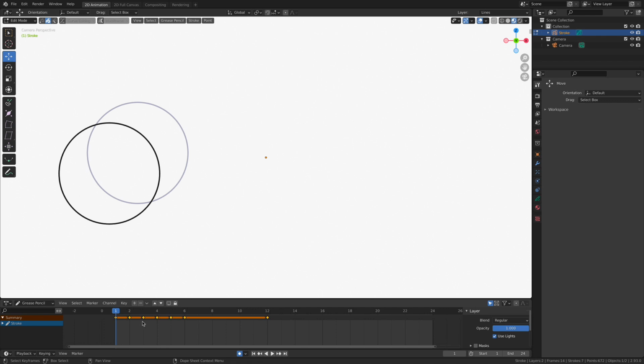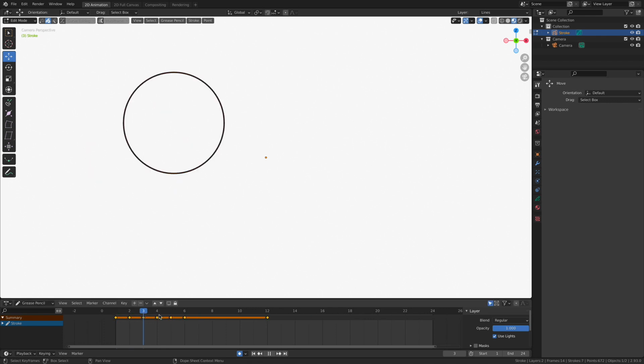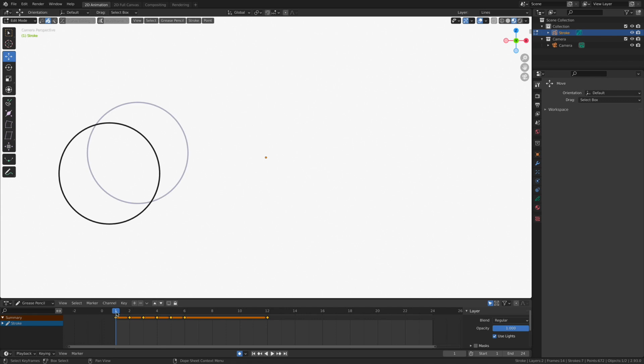Please note that it's going to scale the location of the keyframes at the playhead itself. I'm going to hit the S key, S as in September, or scale, and watch what happens to the distance between each of these keyframes as I scale them. It's going to scale at the location of the playhead itself. So frame 1 is not going to change its location, but everything to the right of frame 1 is going to increase in distance from the playhead. I'm going to hit scale.